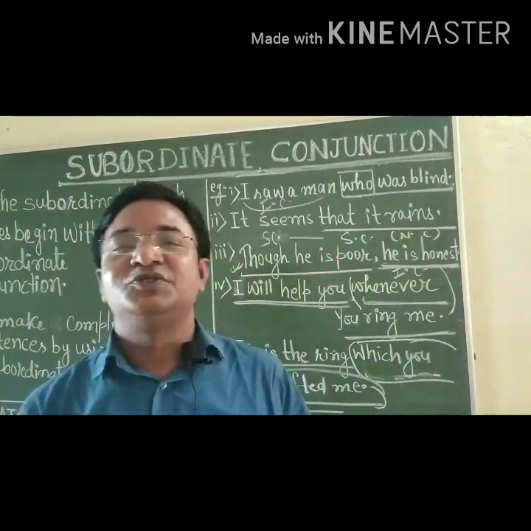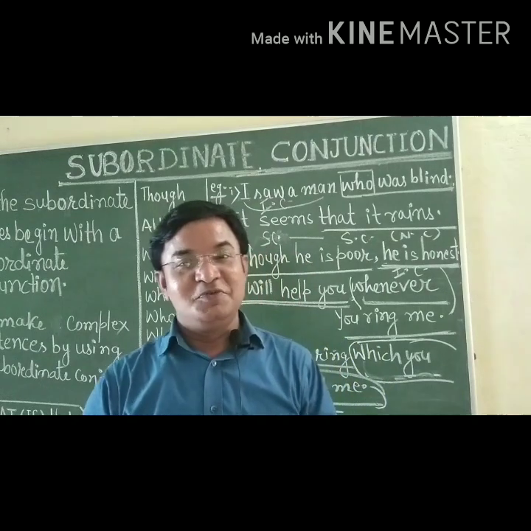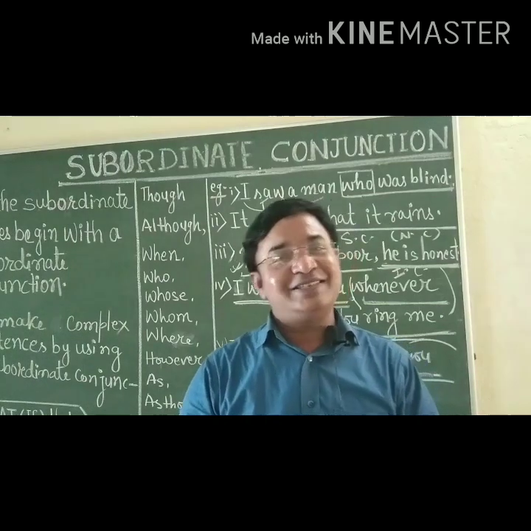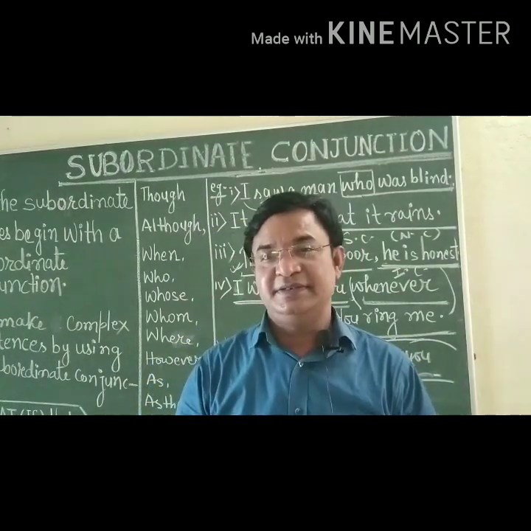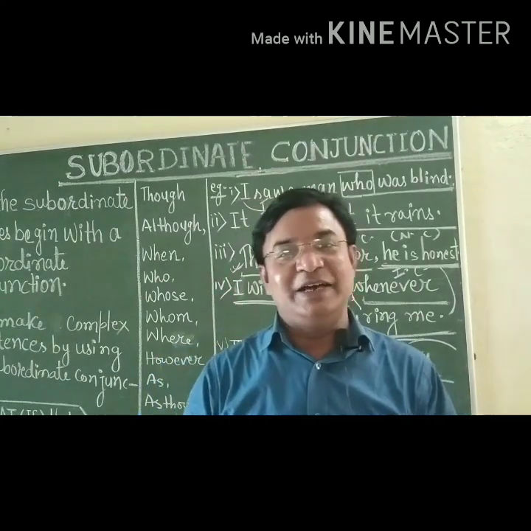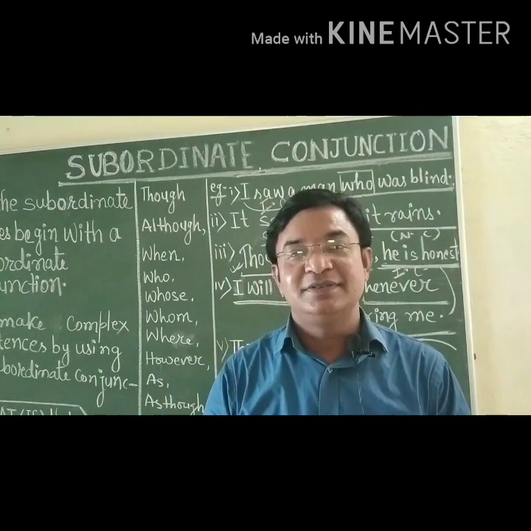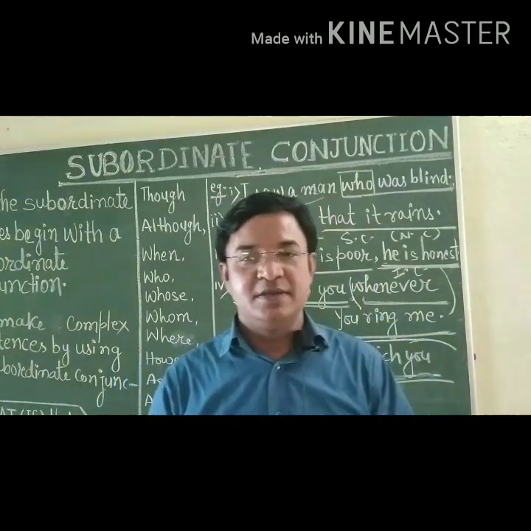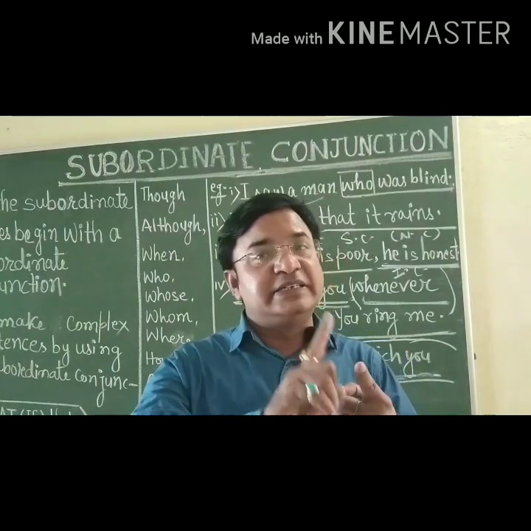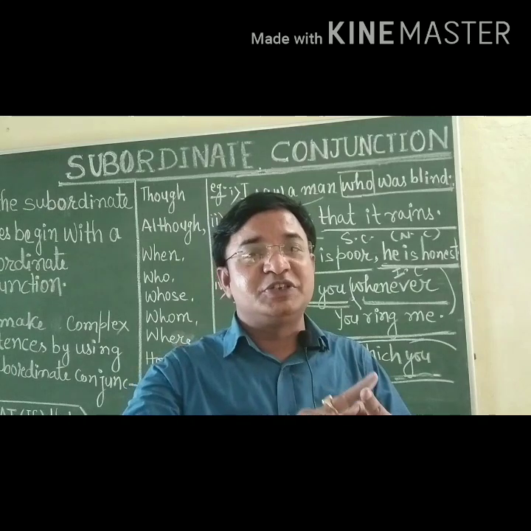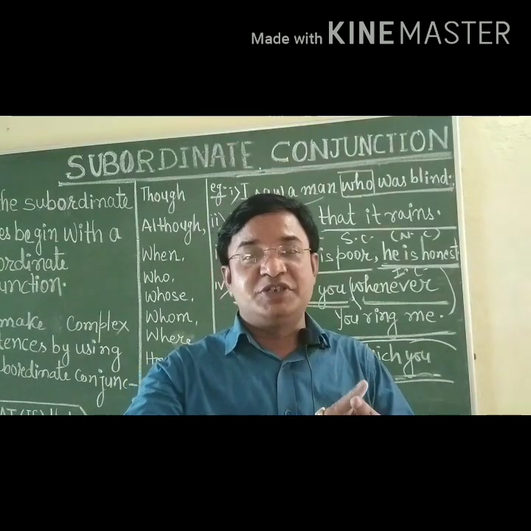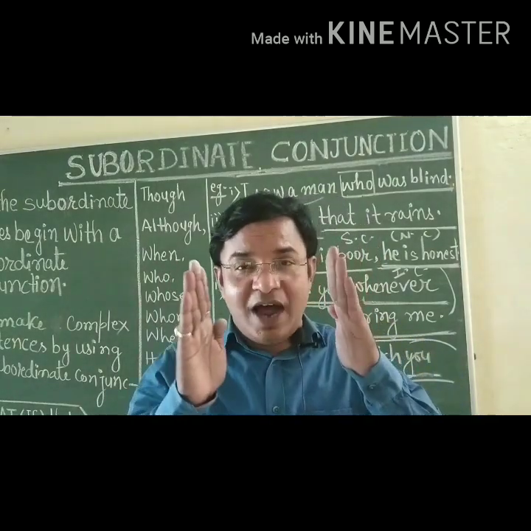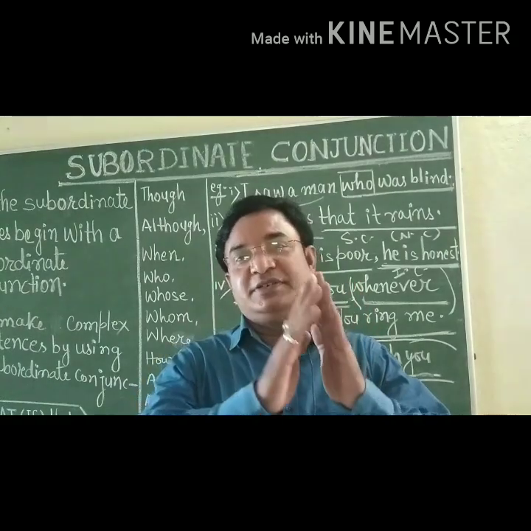Okay? So children, I hope you must have understood this class very well. In this class, you learnt about the subordinate conjunction and a trick to identify subordinate conjunction, and the trick is what? Yes, "W, H, A, I, T": what, if, that. This was the trick. Why is it a trick? Because all the conjunctions which begin with W, H, A, which begin with "if", which begin with "that", these all are subordinate conjunctions.